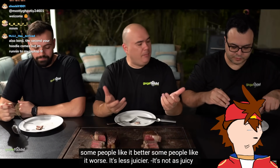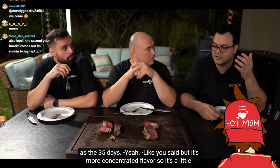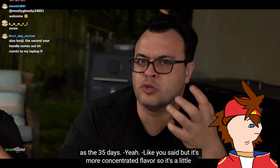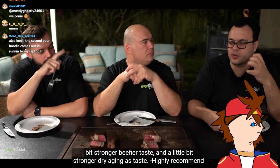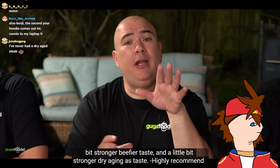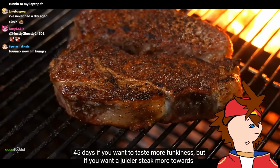Some people like it better, some people like it worse. It's less juicy. It's not as juicy as the 35 days, like we said, but it's more concentrated flavor. So it's a little bit stronger, beefier taste and a little bit stronger dry aginess taste. Highly recommend 45 days if you want to taste more funkiness, but if you want a juicier